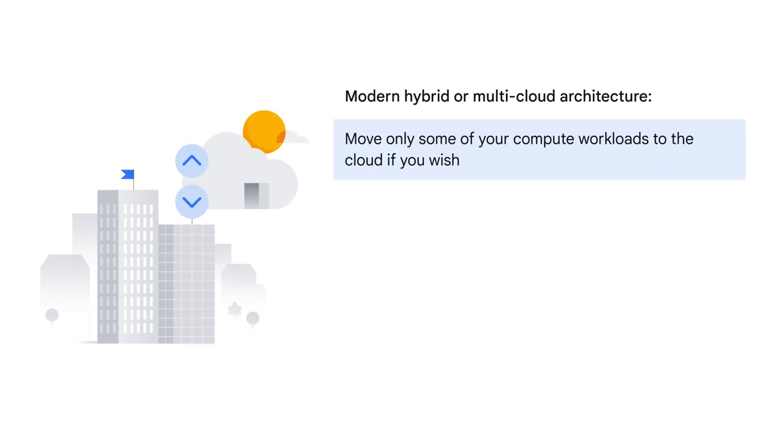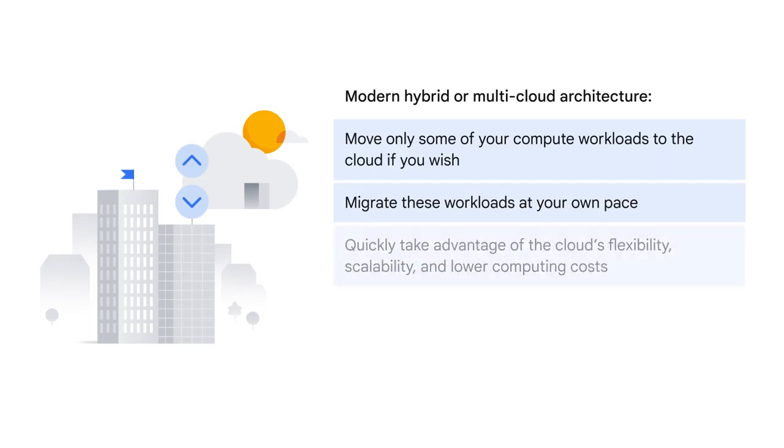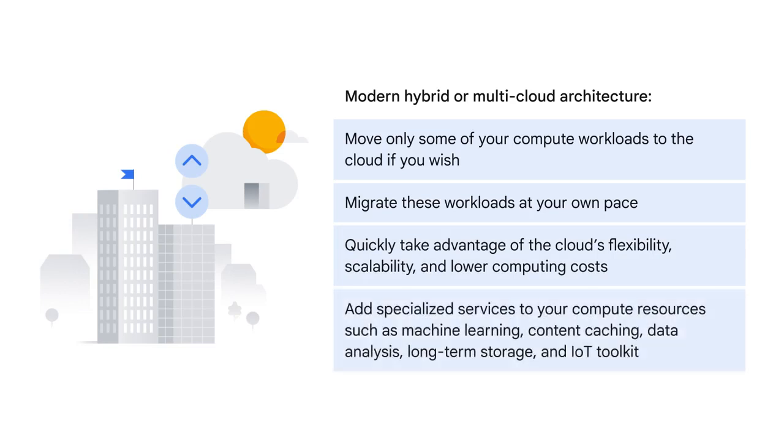It allows you to keep parts of your system's infrastructure on-premises while moving other parts to the cloud, thus creating an environment that is uniquely suited to your company's needs. Move only specific workloads to the cloud at your own pace because a full-scale migration isn't required for it to work. Take advantage of the flexibility, scalability, and lower computing costs offered by cloud services for running the workloads you decide to migrate. And add specialized services such as machine learning, content caching, data analysis, long-term storage, and IoT to